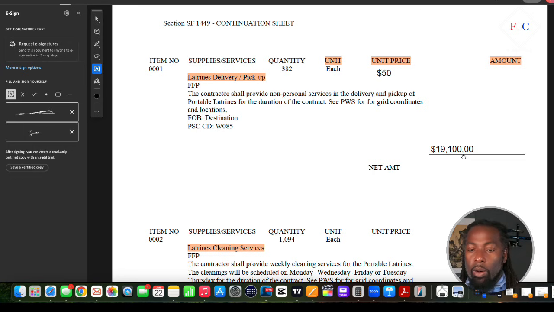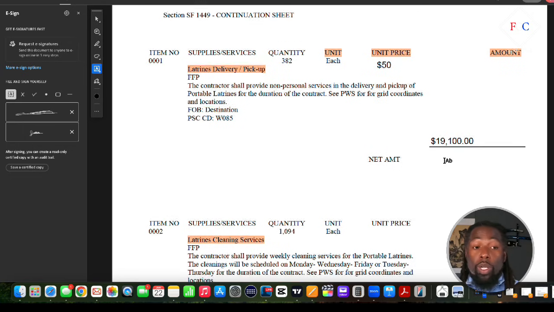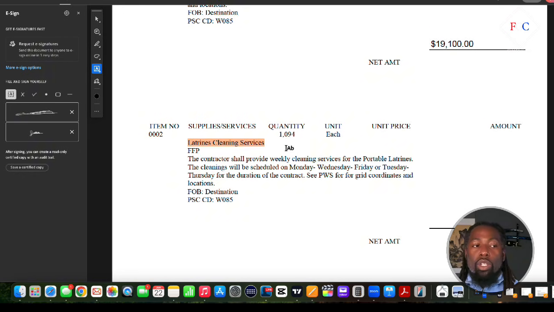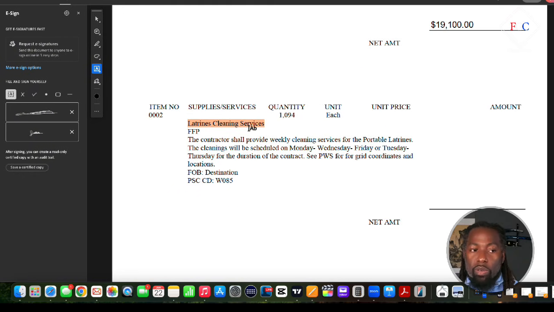And when you're working on a bid schedule or bid sheet, you're going to do this for each item on the pricing sheet. So for instance, this one is for the cleaning service. You're going to find out how much it costs to clean one latrine. If the price to clean one latrine is $200, you would put the $200 right here. And then for the amount, once again, we are going to do the 200 times the quantity that they're looking for,